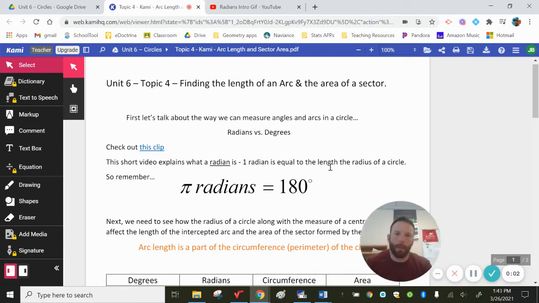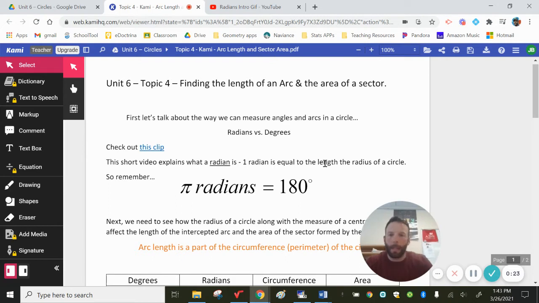Hey everybody, let's talk about topic 4 for Unit 6. This is finding the length of an arc and the area of a sector. So we're still talking about circles, and when you have angles that are formed within circles, you have a portion of that circle. And in order to do this lesson, we first now finally have to learn what is a